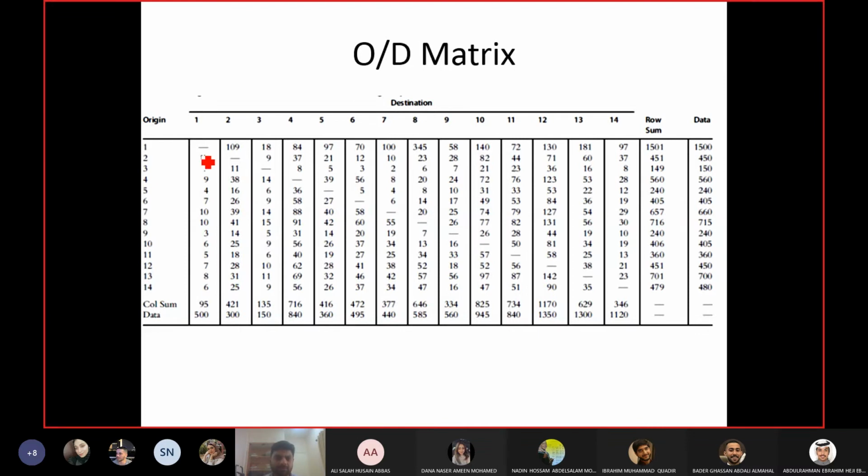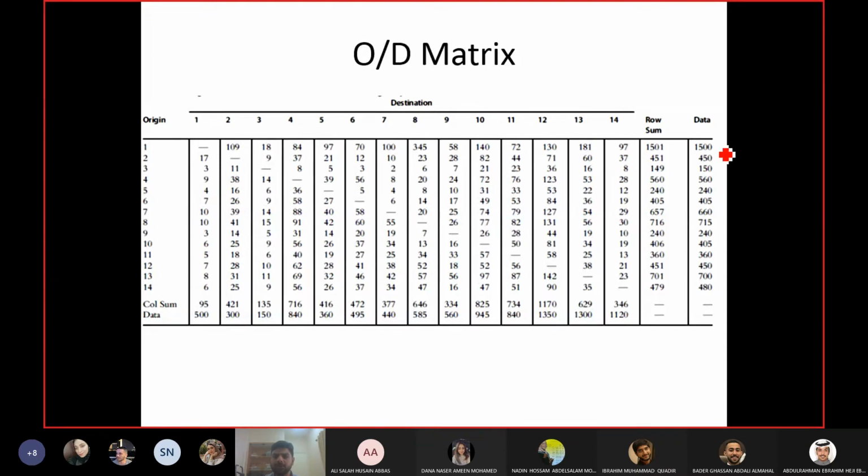So for example, if this number was 10, then those 10 trips are already deducted when you are using the ITE equation. The percentage of trips which are internal are already deducted from the ITE equations and the ITE models. So you don't have to worry about these blank cells here. As I was saying, if you apply the same methodology which I applied to zone 1, you will get the second row and the third row and so on and so forth.